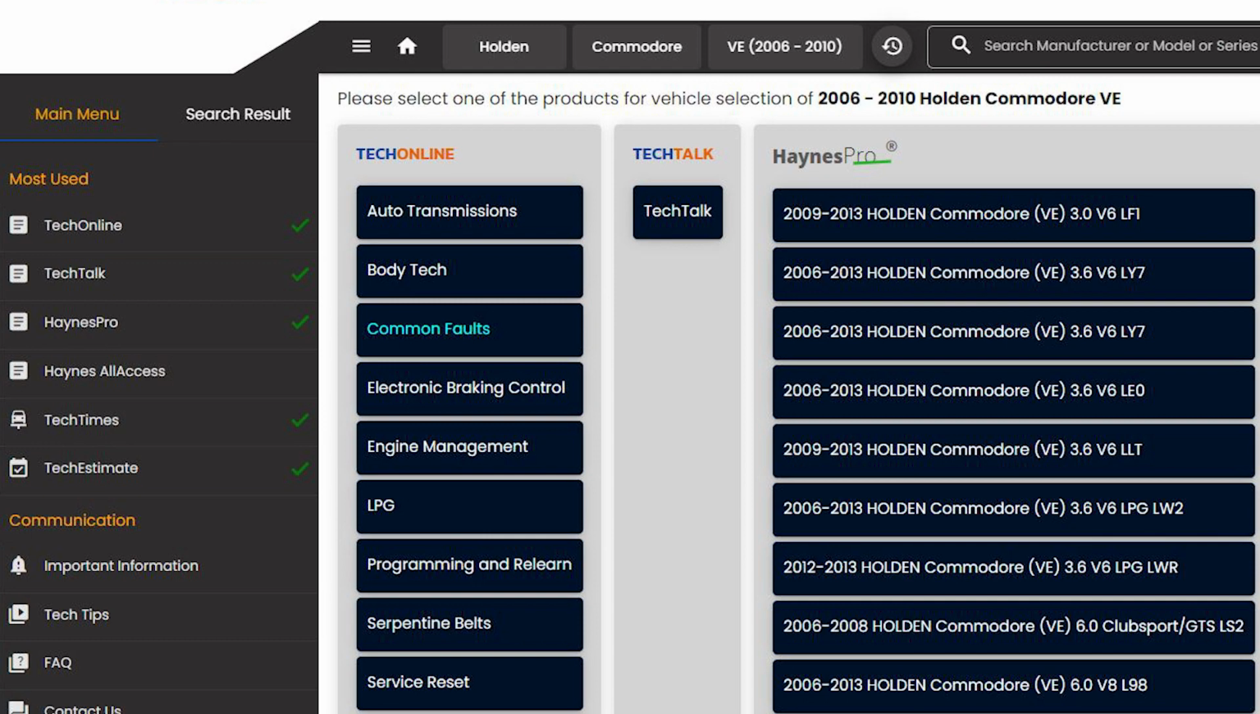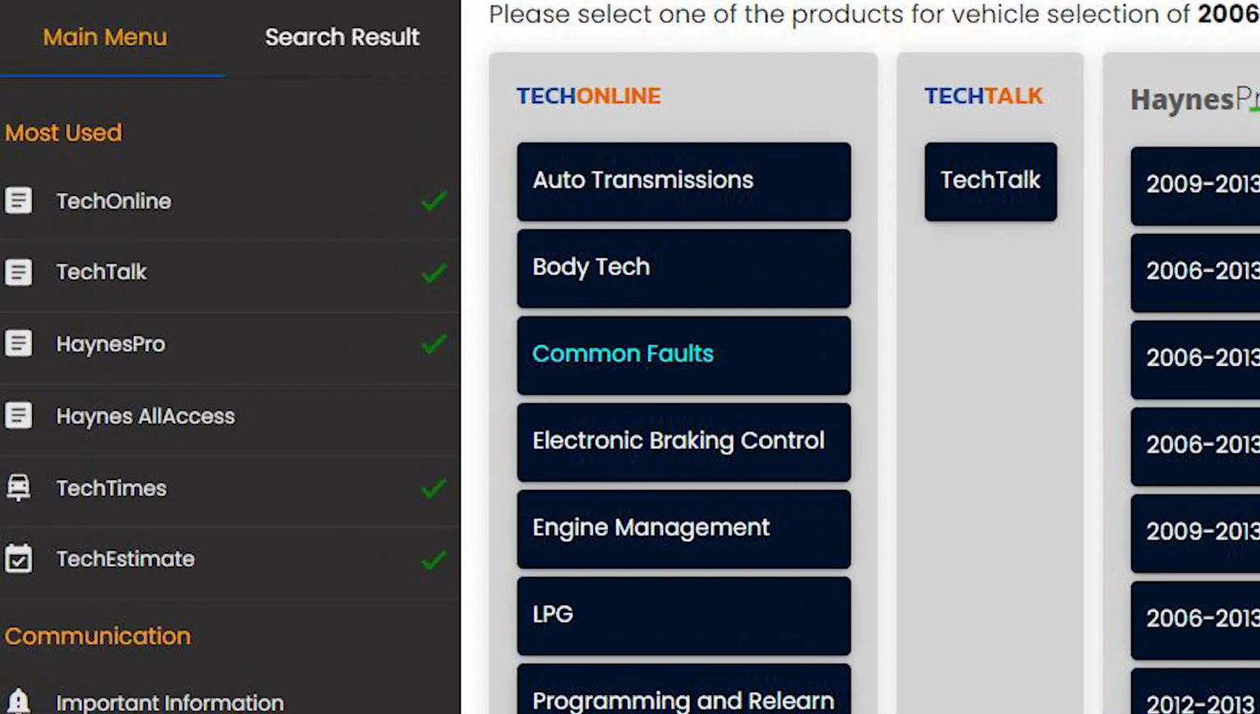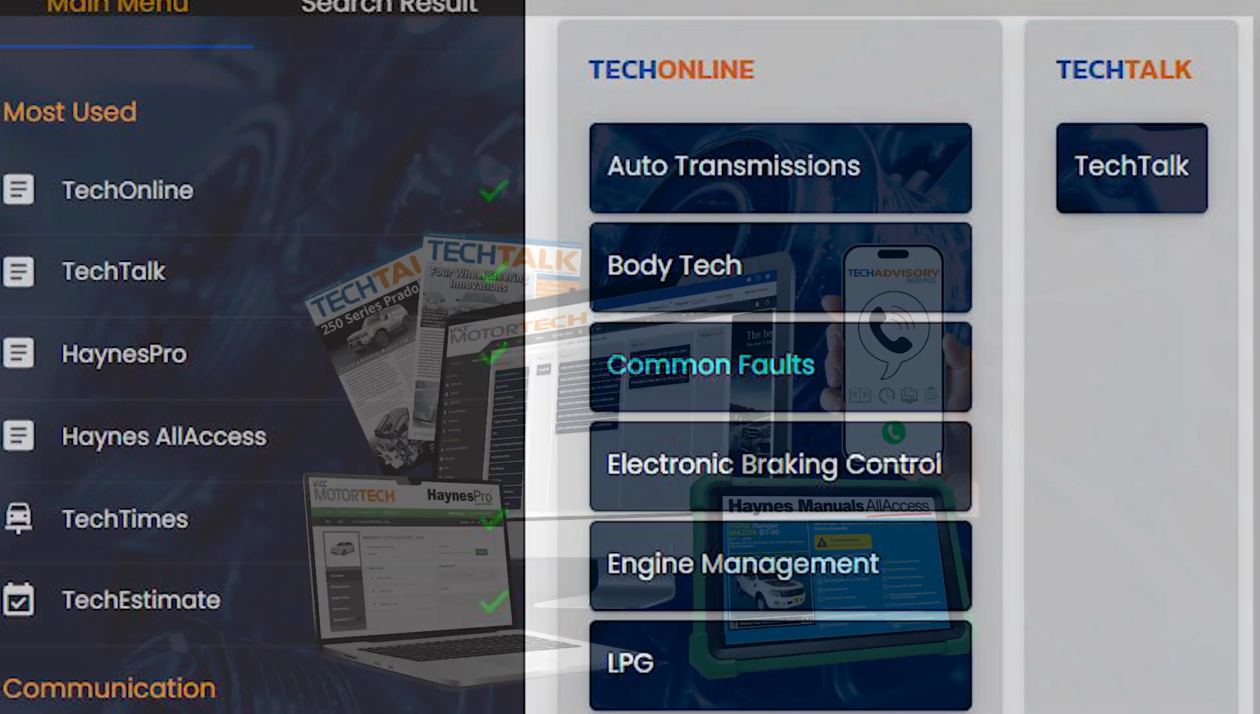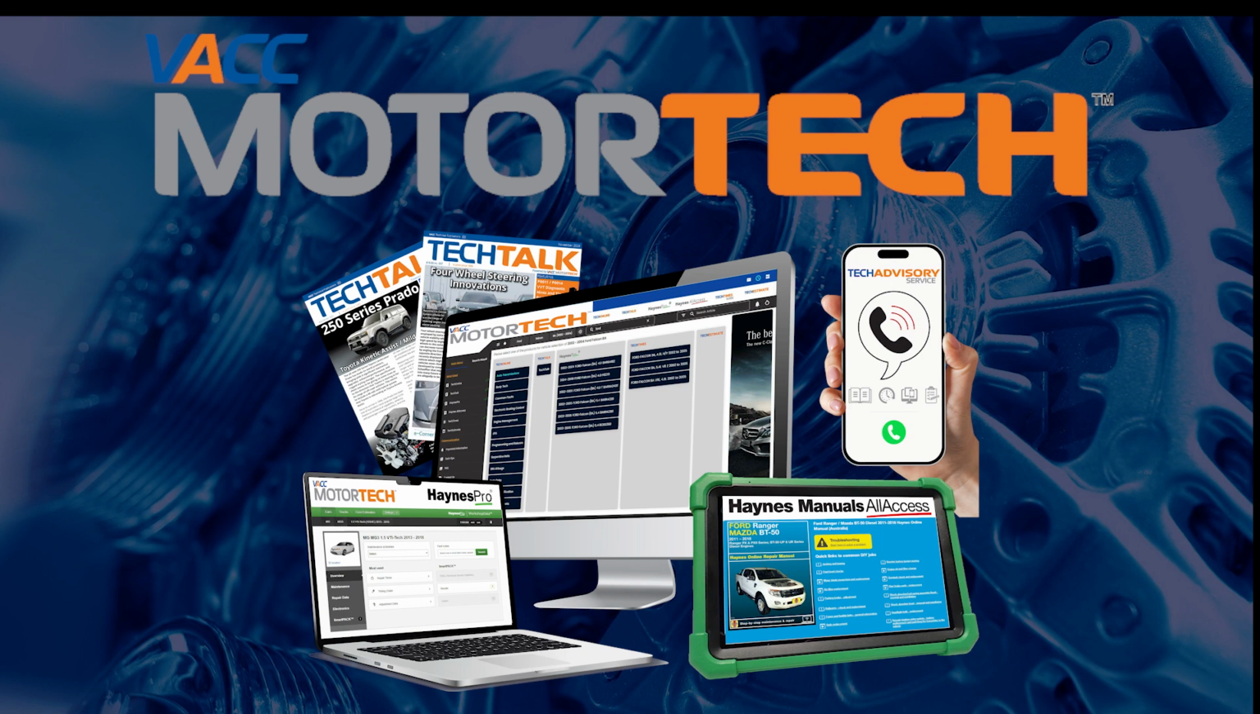Lastly, the navigation panel on the left contains a list of online components or drawers in MotorTech. A green tick icon next to the drawer indicates that there is available data for the selected vehicle and can be selected from here. One of the biggest points of difference with VACC MotorTech are the resources available to you